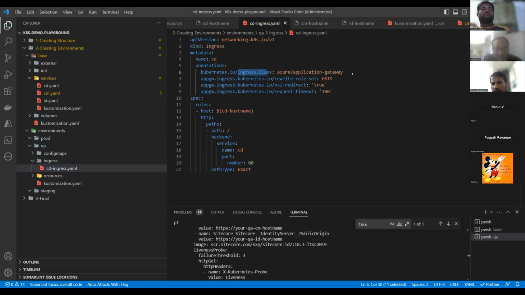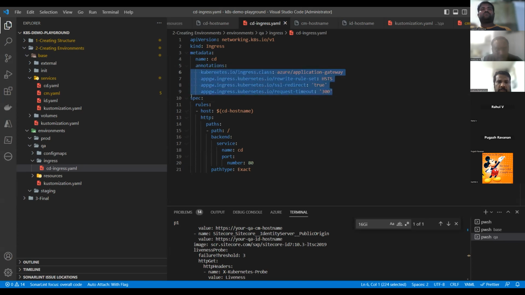That means it is going to create some rules and entries directly in the Azure Application Gateway. We can also specify whether it's going to have some certificates, within the annotations,